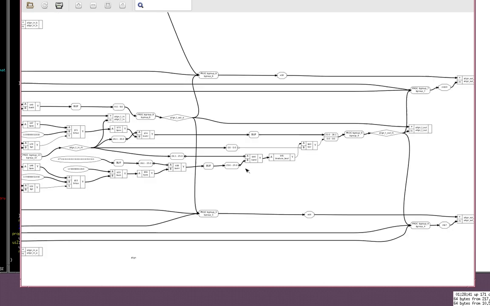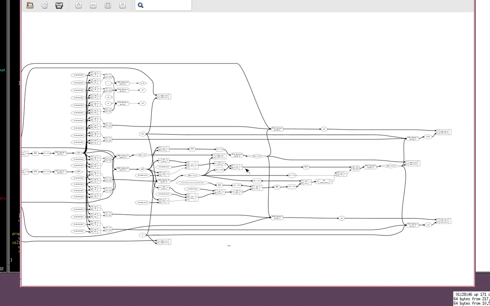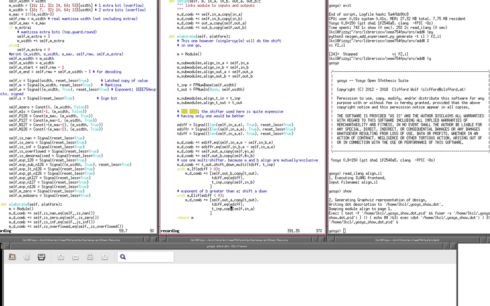So that I'll fix that bug and make sure it actually works later. I just want to do a demonstration of how that's working,